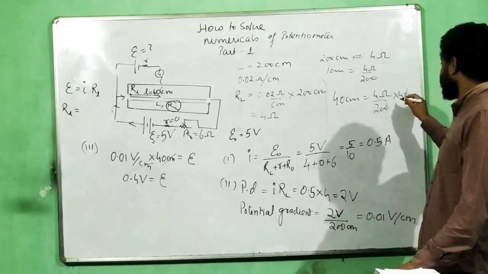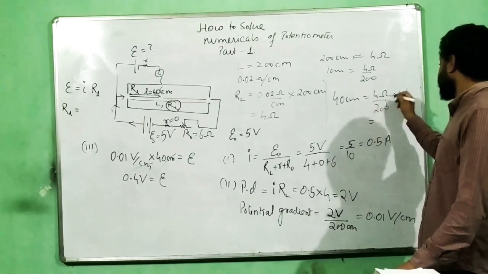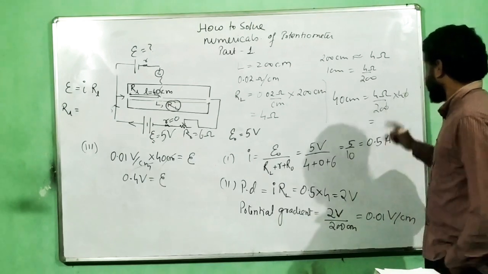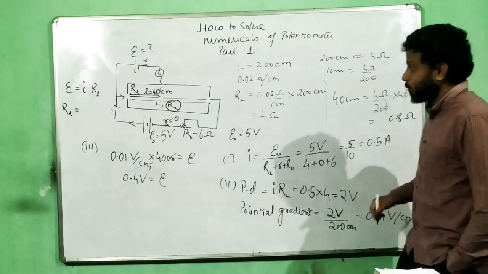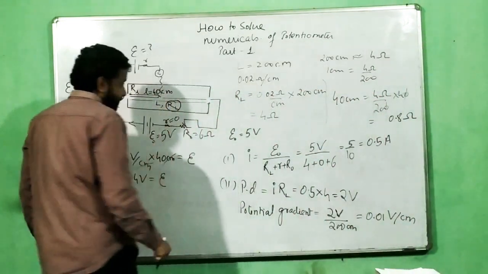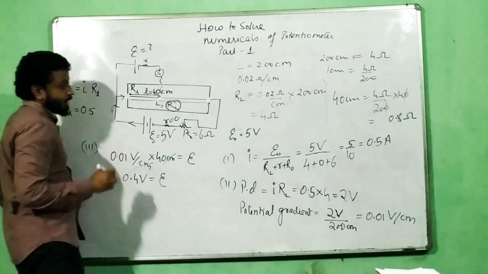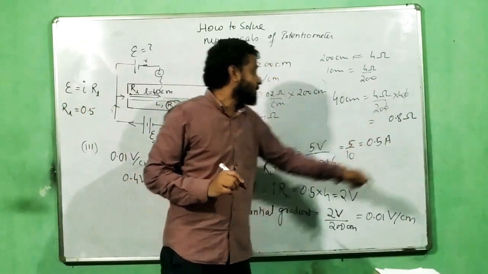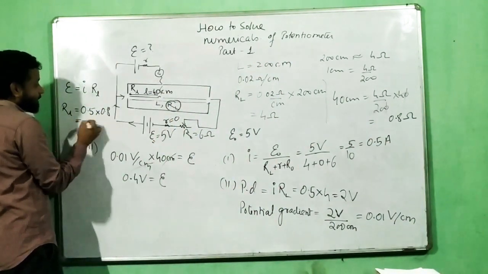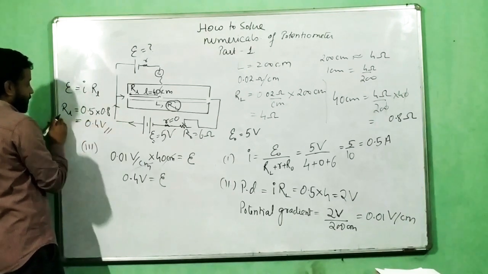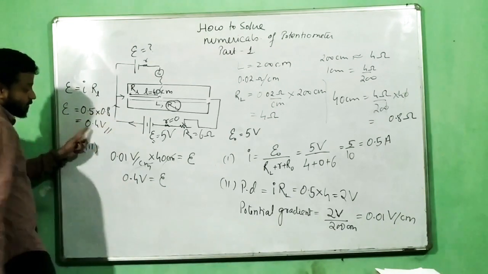And that is equal to 4 4s are 8. 8 divided by 2, that is 4 4 is 16. 1.6, that is 0.8 ohm. That is what you will get. So, current was found as 0.5 ampere in my very first step, and resistance is 0.8, and that is equal to 0.4 volt. This is EMF. I times RL, and that is equal to 0.4 volt.